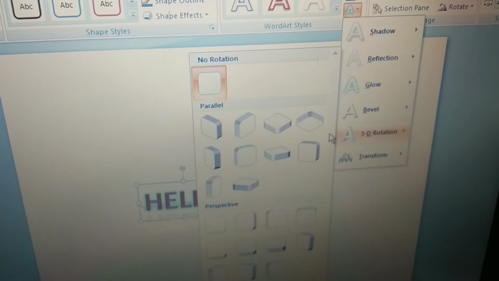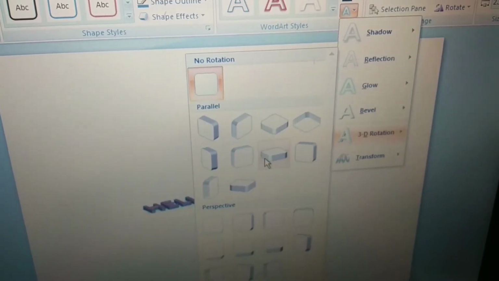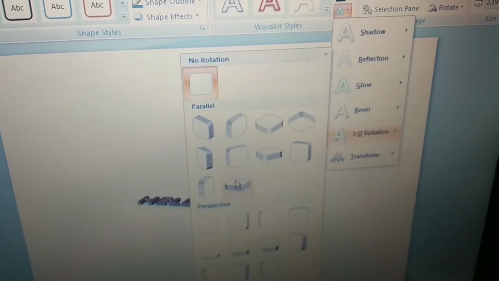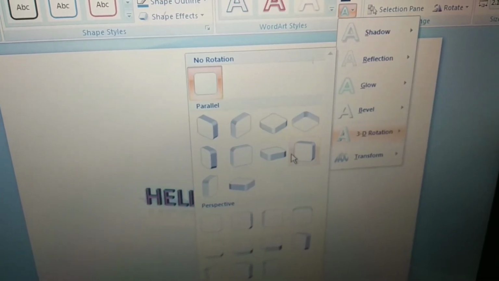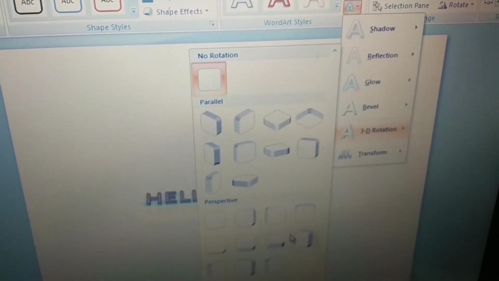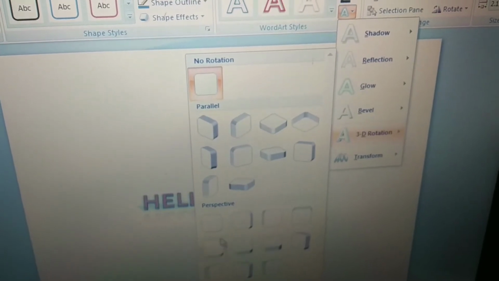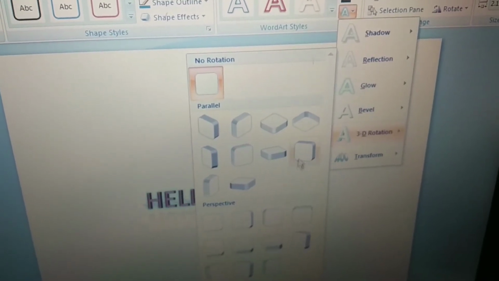Now 3D rotation. As I am taking my cursor to different types of rotation, it shows the preview.